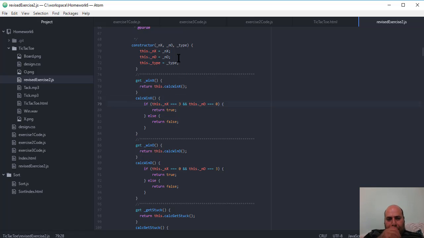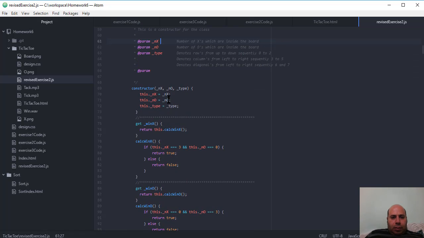For example, as you can see, get win in this position. Win x is one attribute of each object, excuse me,